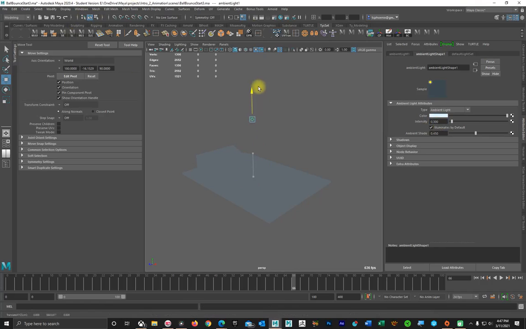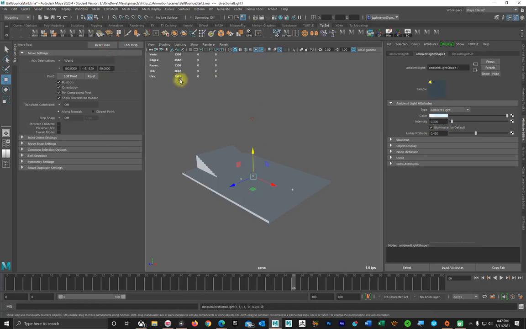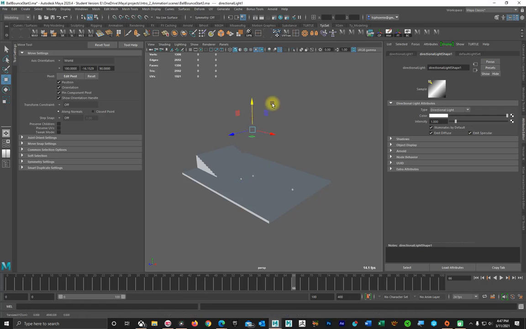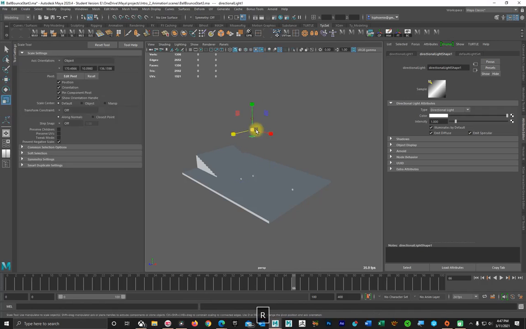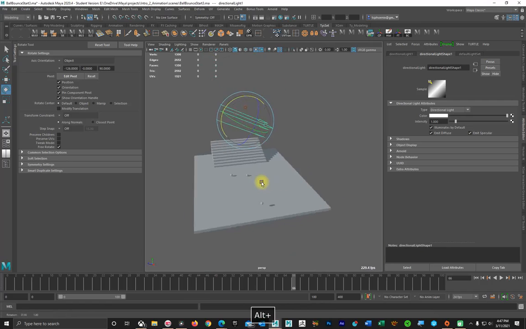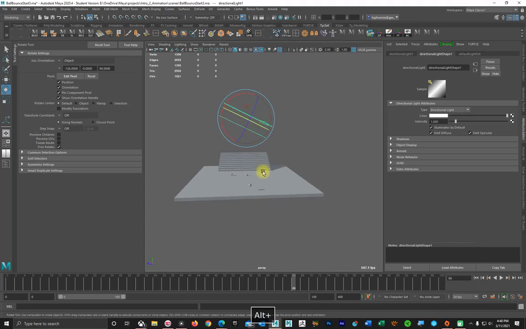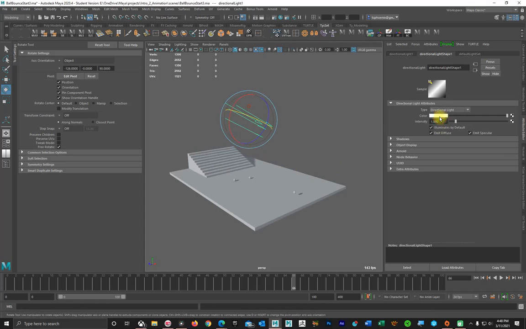And no, this is an ambient light. And then I go create lights, directional light. And I'll scale that up, R, and just scale. And you can see I can move this so I can see shadows. The important part about that is so I can see that these guys are actually touching the ground. So I position it in a way that now I can see the stairs, I can see the shadow of the balls,